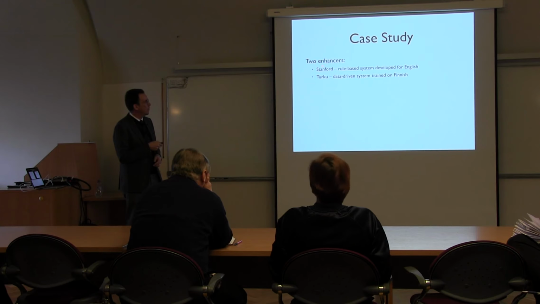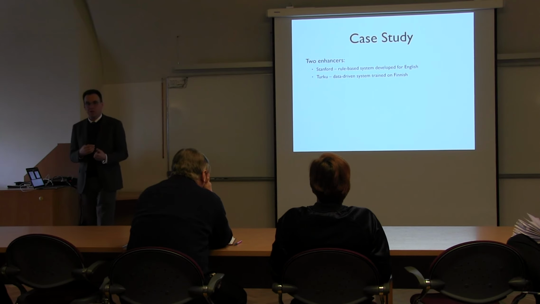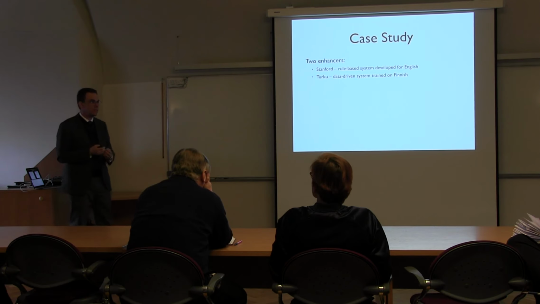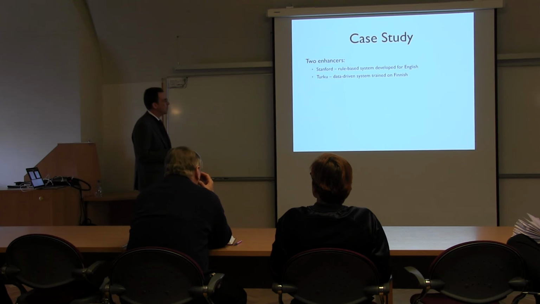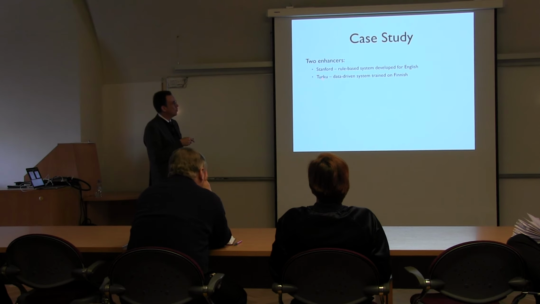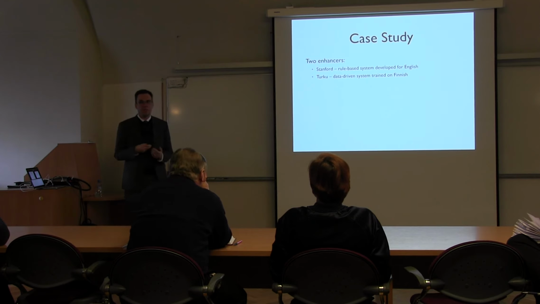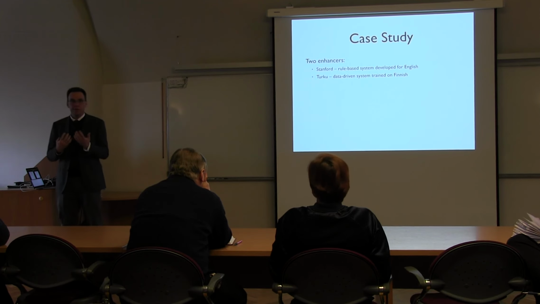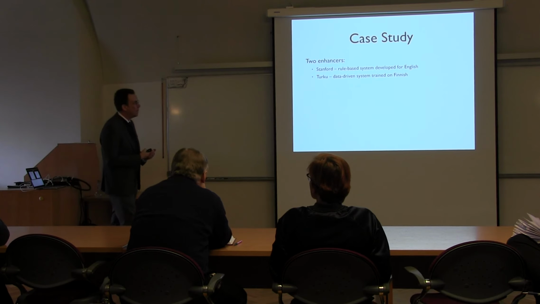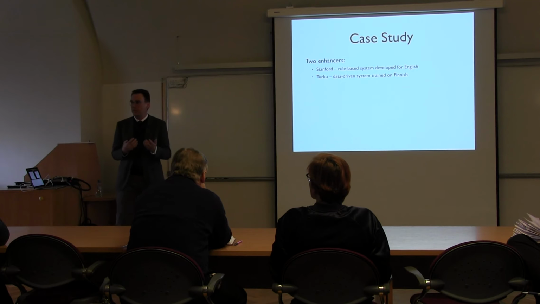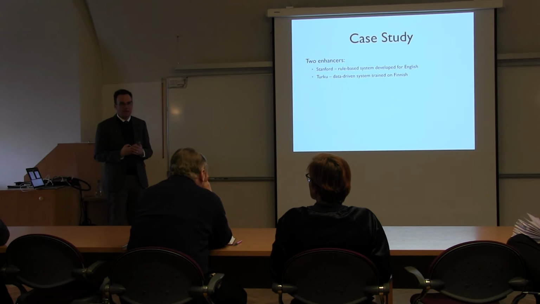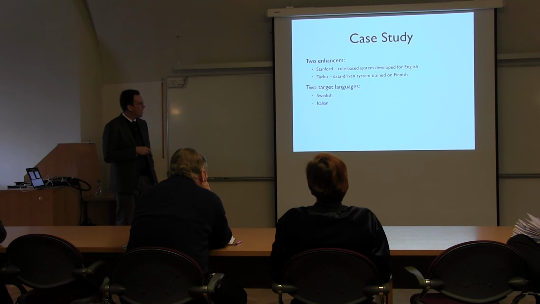So what I'm going to refer to as the Stanford system is a rule-based system that was developed for English, essentially to take English basic dependencies and try to produce enhanced dependencies. And the Turku system is then a similar system for Finnish, but it's a data-driven system based on machine learning, because, as you may remember, Finnish was one of the few languages that already has some enhanced dependencies annotated. Well, actually, English is also that, but that was produced using the rule-based system, so it wouldn't make much sense to use that as training data.